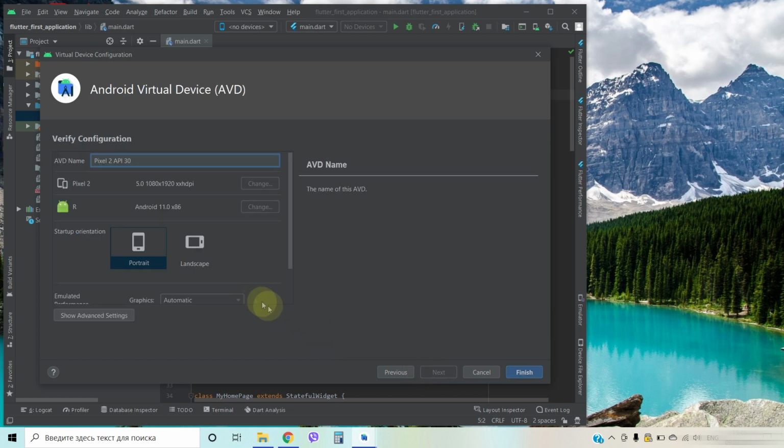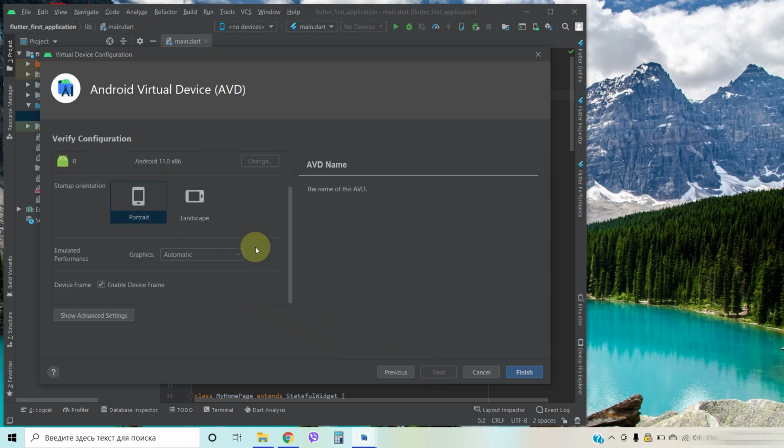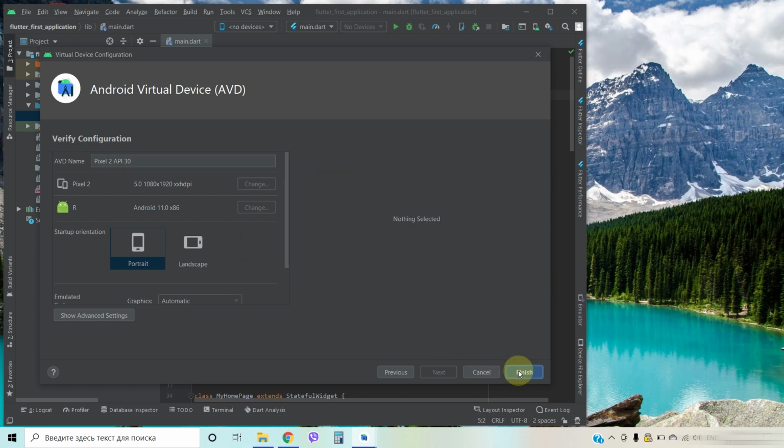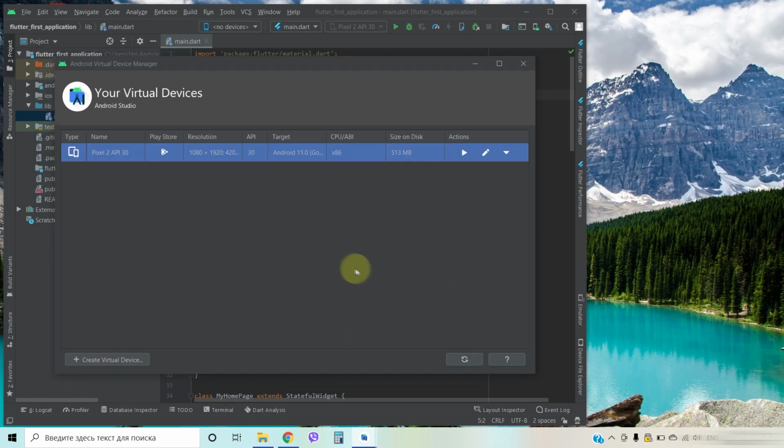After that, verify some configuration. Okay, we created our virtual device. Then click Start.